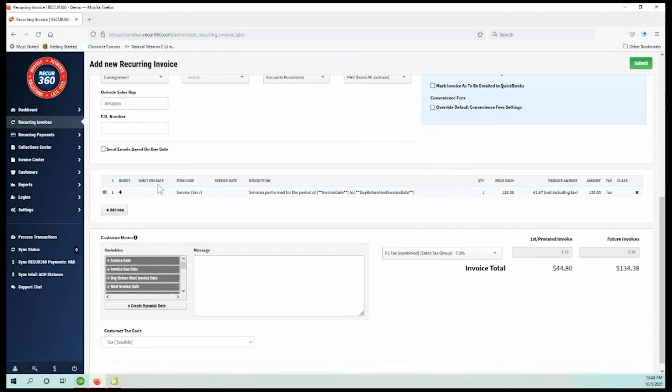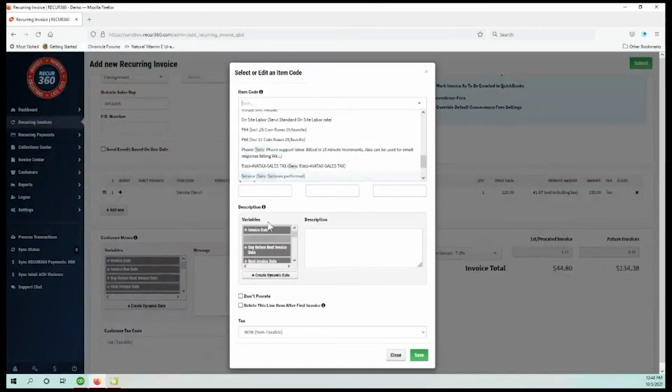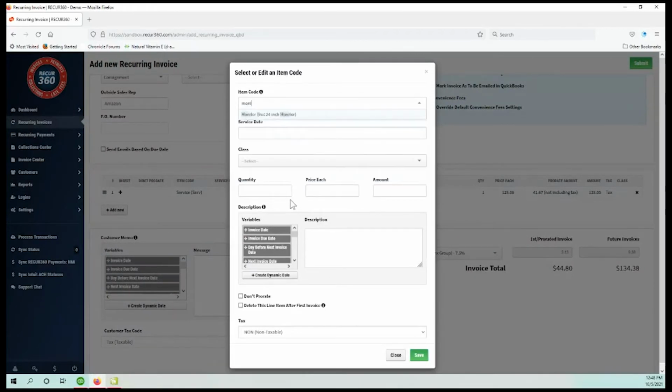I'm also going to add a second line item to this. Let's say that you have a setup fee or a piece of hardware that needs to go out to the client the very first time this invoice gets created. So when I add that other new line item, now that I've turned on prorating, if I send them a monitor,